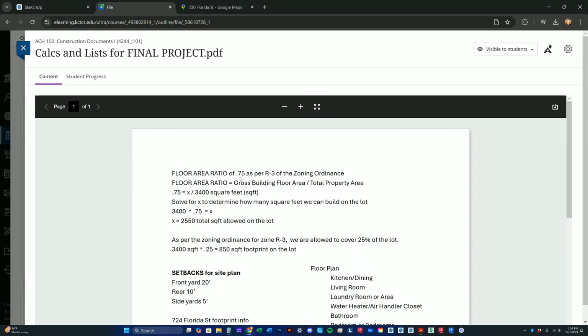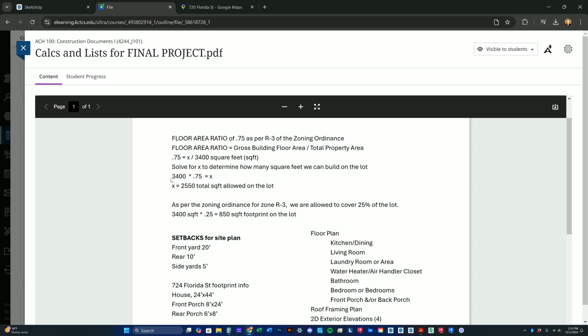So the floor area ratio of 0.75 as per the R3 of the zoning ordinance, we discussed that earlier. The floor area ratio equals the gross building floor area divided by the total property area. In our case, they told us in the zoning ordinance that we had the 0.75, and we know that the lot is 34 feet by 100 feet, so we have a total property area of 3,400 square feet. So we are trying to solve for the gross building floor area, and when we solve for X like this, we determine that the total square footage allowed on the lot on all floors is